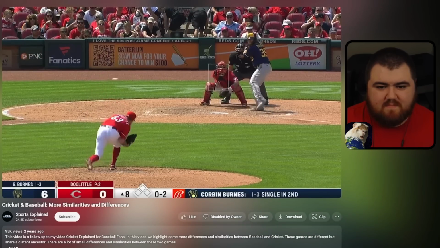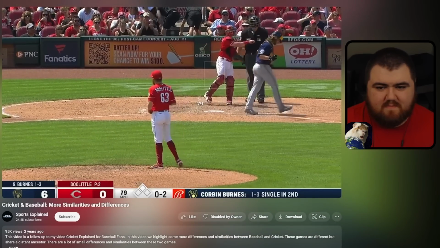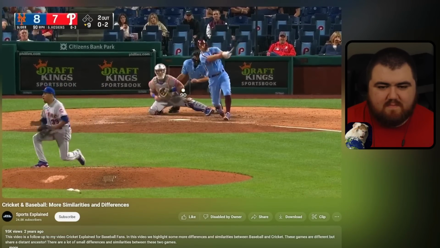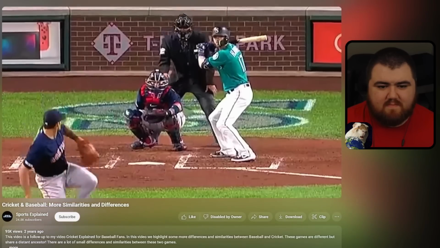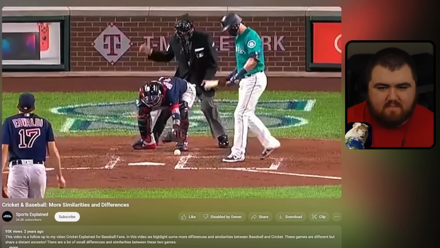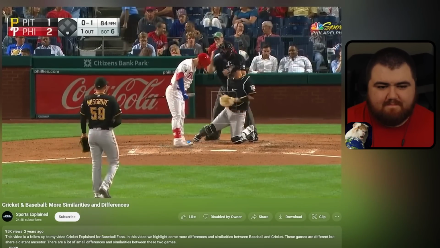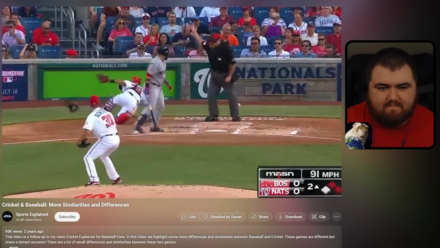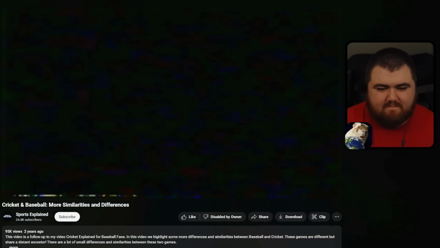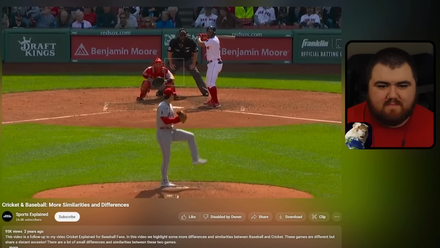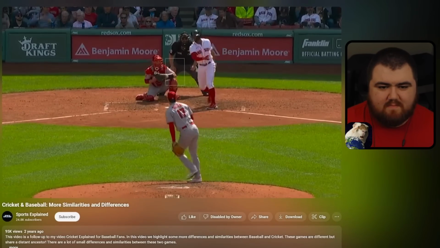So for those of you who don't know, in baseball, if a batter swings at a pitch and misses, it's a strike. It's a strike if the ball comes in cleanly. It's a strike if the ball hits the dirt first, which happens a lot on splitters or back foot sliders or something like that. Even if the catcher is unable to cleanly get possession of the ball, it's still a strike. However, the batter is only out after the third strike if the catcher catches the ball in the air.